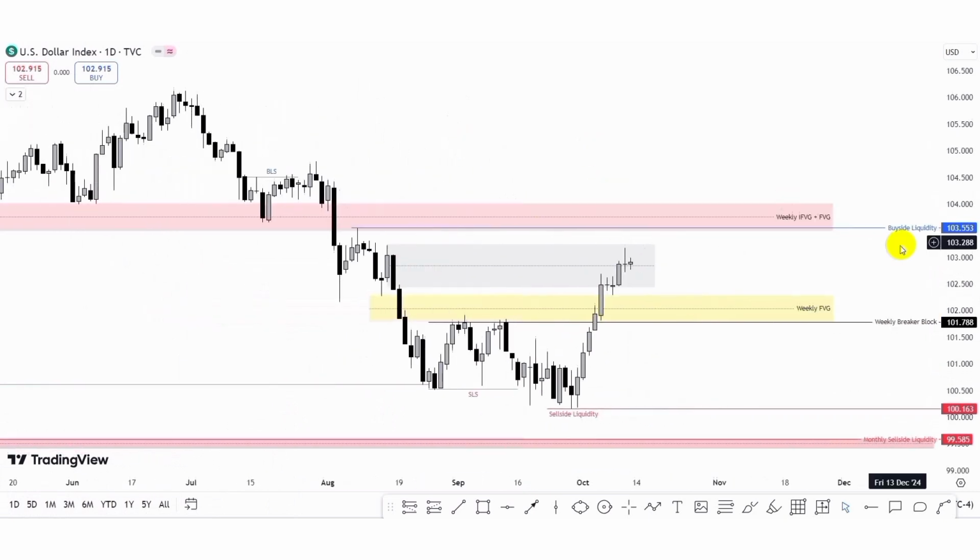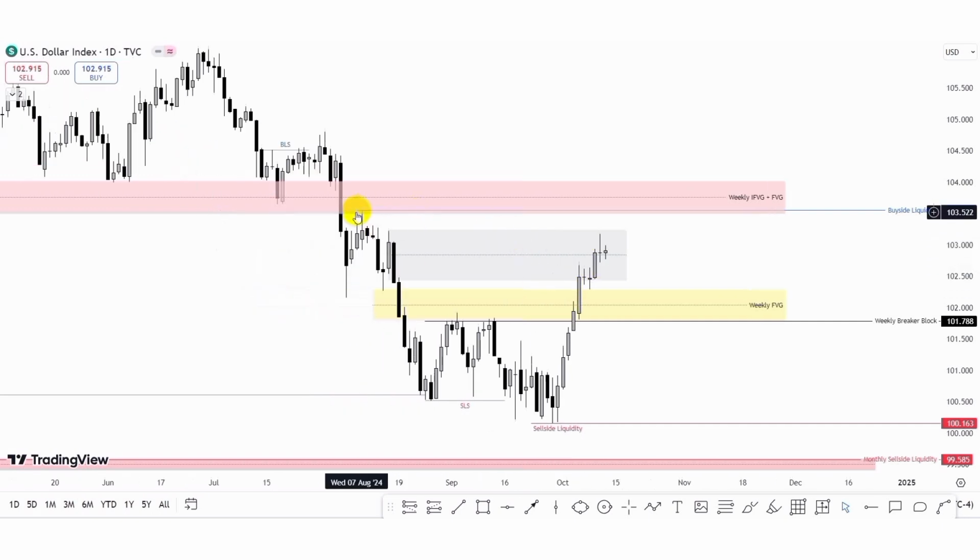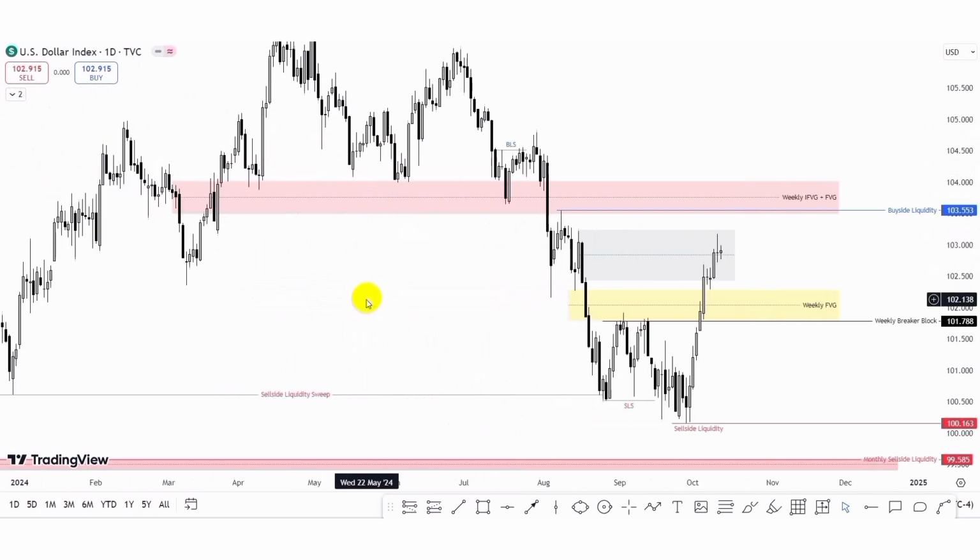So here in the daily time frame, what you guys can see is that price is reacting at this bearish order block, and we can see how price faced rejection when price mitigated this candle. We can see the rejection to the downside. So last week we expected to see that price would actually dip lower to mitigate the mean threshold before the bullish move. What we can see is price dipped into the high of the weekly inversion fair value gap, and then we can now see the bullish continuation to the upside. We can see this is our draw on liquidity. Price took out this buy side liquidity,